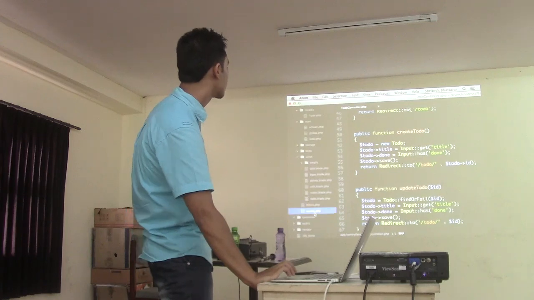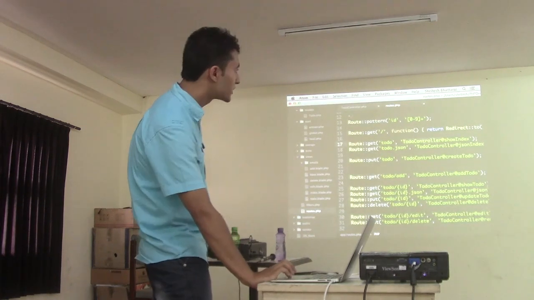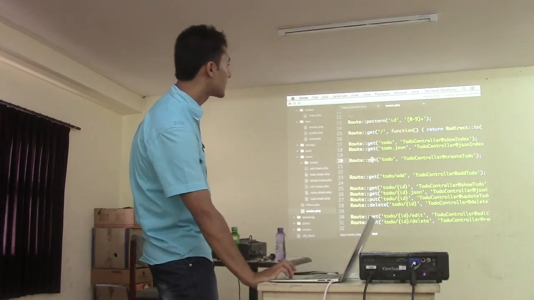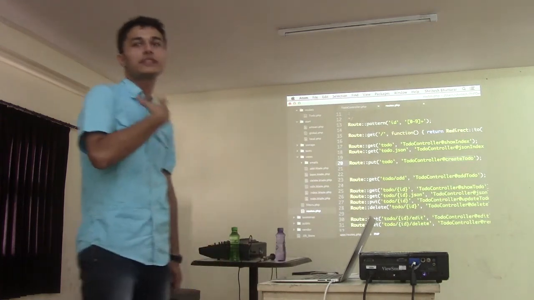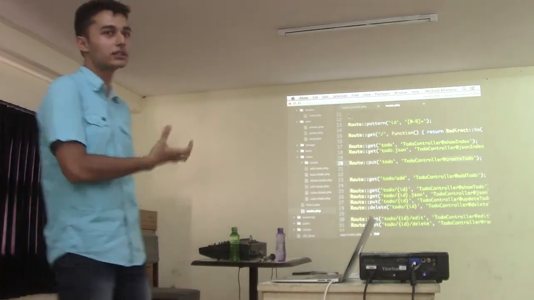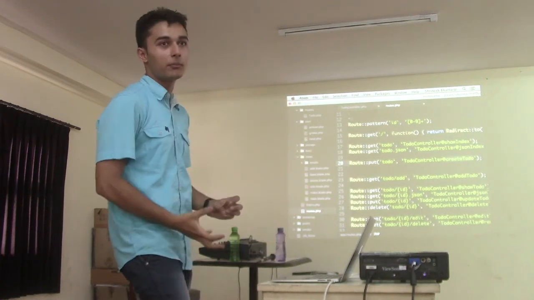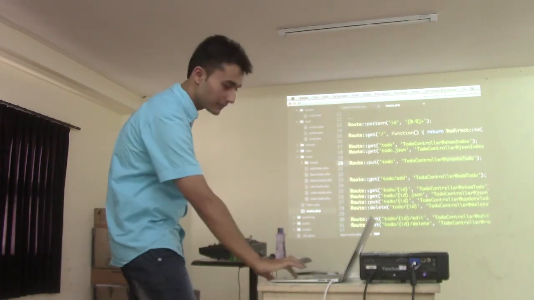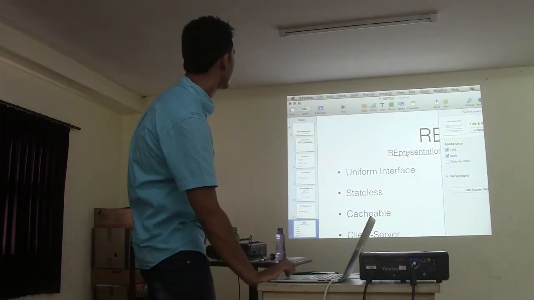I've used Laravel for this, and suppose for get I'm doing the show and index, for put I'm doing the create, for delete I'm doing the delete. I'm using HTTP headers and HTTP methods to identify the actions that people perform on the to-do list. So that was the uniform interface.